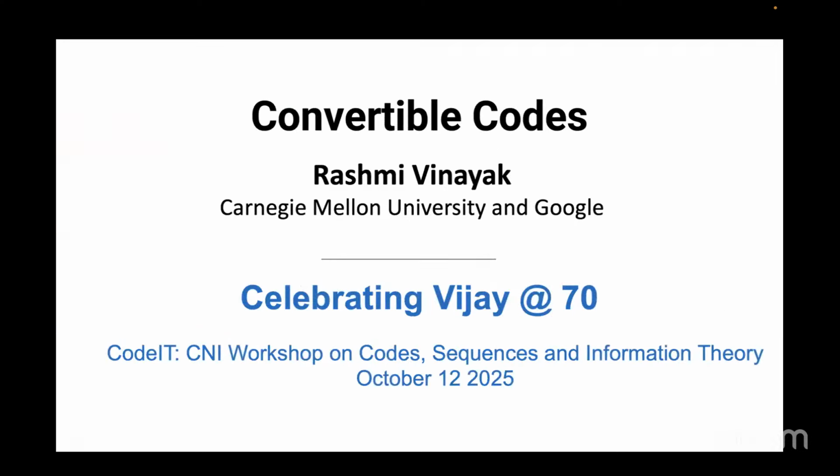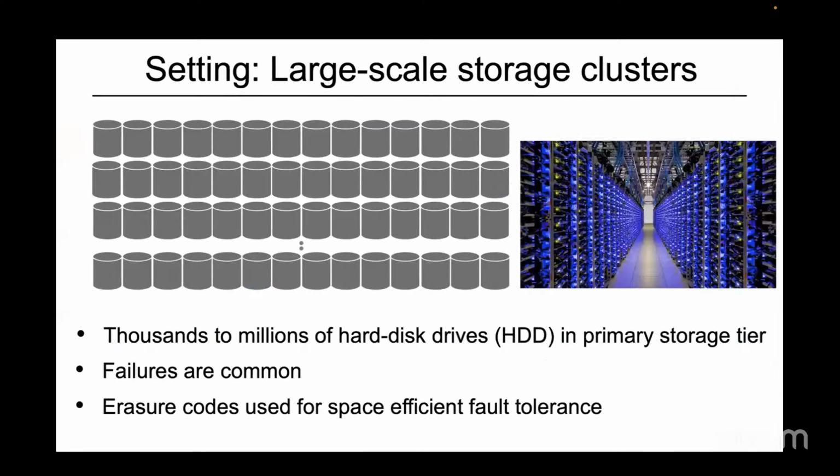Okay, so now on to the technical part of my talk today. I'll be talking about convertible codes. The setting for this class of codes is in large scale distributed storage clusters. These are storage systems that are housed in data centers consisting of thousands to millions of